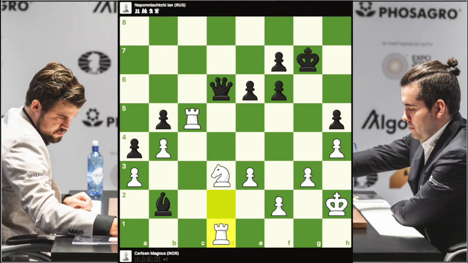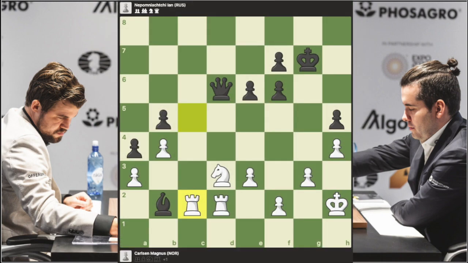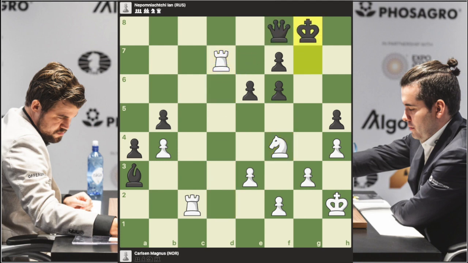Let's take a look. 33 rook c to c2. And if black captures the pawn with 33 bishop takes a3, then knight f4, discovered attack on black's queen, queen to f8, rook to d7, king to g8, rook d to c7, queen takes b4, rook to c8 check, king